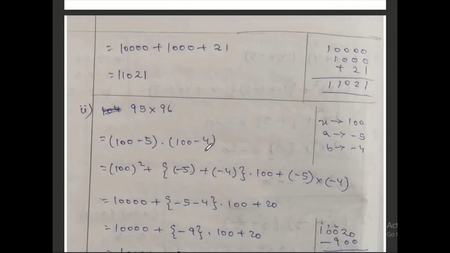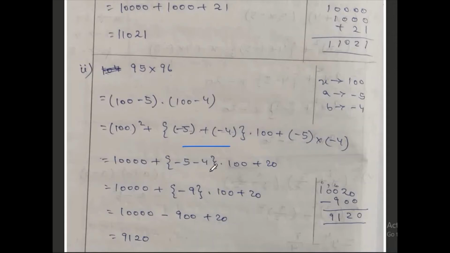So the same formula will be used: x plus a, x plus b is equal to x square. X is 100 here, so 100 whole square plus (a plus b). Here a is negative, minus 5, and b is also negative, minus 4. So use a curly bracket inside: minus 5 plus minus 4. So use the brackets properly in this part. Into 100, that's your x, plus ab. A is minus 5, b is minus 4. 100 square is 10,000. Here inside the curly bracket, minus 5 plus minus 4, into 100. This multiplication, minus minus plus, 5 4s are 20.